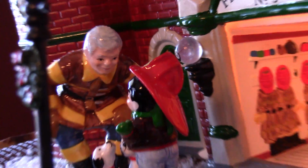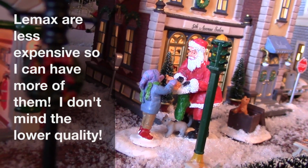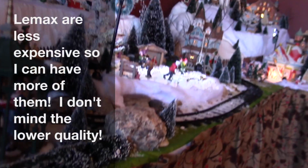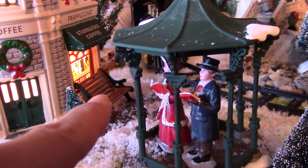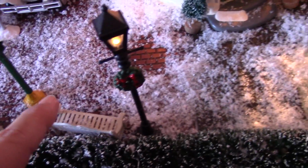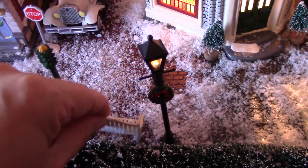So quite a bit more detailed. Just slightly better quality as opposed to these people right here, who are Lemax. And these people. So I have that bench right over there in front of Starbucks, which is a Lemax bench. These tiny little benches here, which are a much smaller scale, are Department 56 benches, and they're